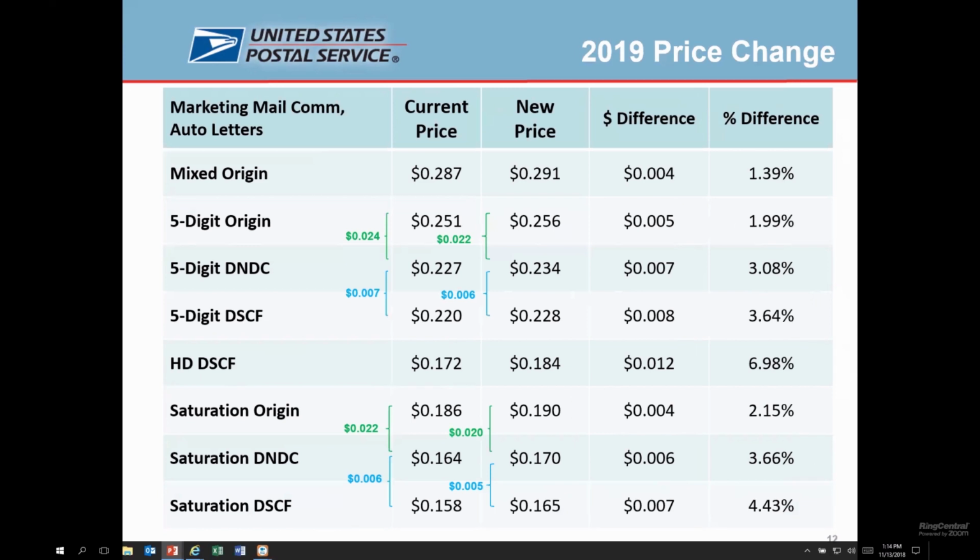Marketing mail automation letters. A couple things going on here. In the drop ship letters, you can see those in the saturation DNDC, DSCF, and the 5-digit DMDC and DSCF. The Postal Regulatory Commission has asked us to address the pass-through issues associated with that. What that means is for work sharing categories like this, where customers get lower prices to drop ship the mail further into our network,